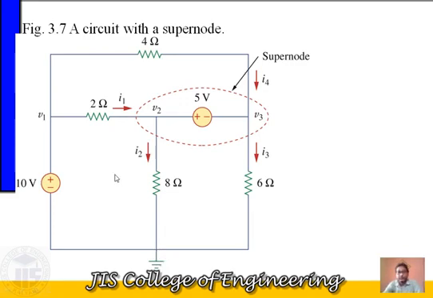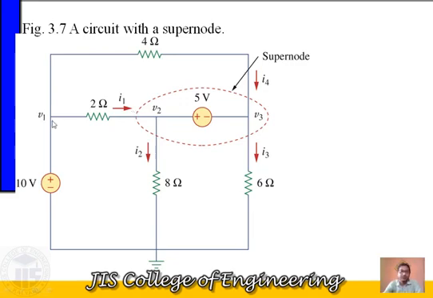So what are the remaining nodes? The remaining nodes are this one and this one. So put the unknown voltage for these non-reference nodes. Put the unknown node voltage V1, the second unknown node voltage V2, and the third unknown node voltage V3 over here. No problem at all. So now you have to put the KCL. You have to put the direction of current and the amount of current for each and every place.